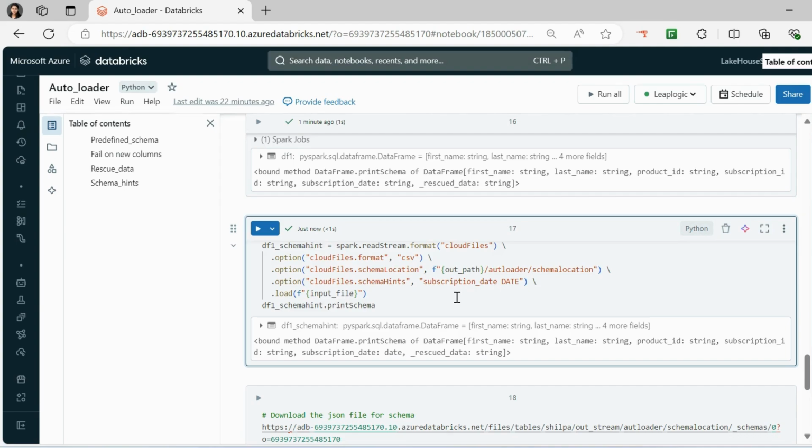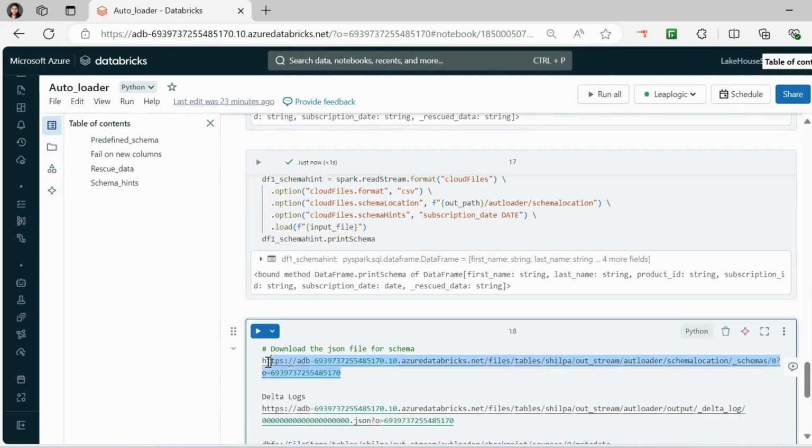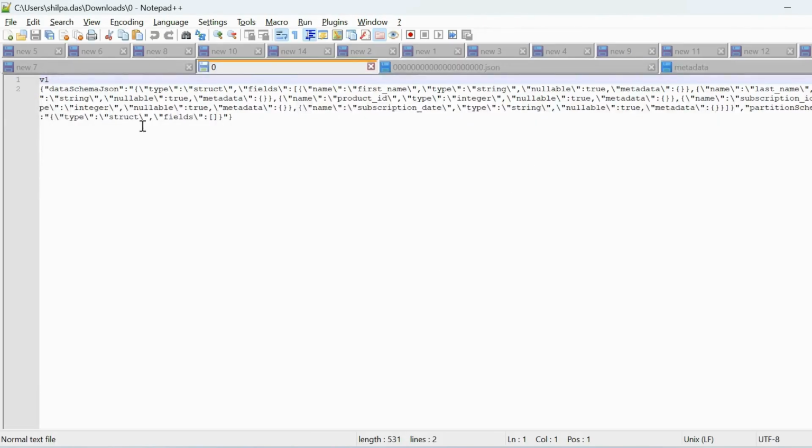Now let's say you want to see what schema it has created. I have this particular link, your complete HTTPS link. You have to put the path of the file that you want to load and save to your local hard drive. I'll make a separate video on this, and I'll put the link in the description box so that you know how exactly to create this. It will be a short video. Once I have downloaded this, I'll show you what the metadata looks like.